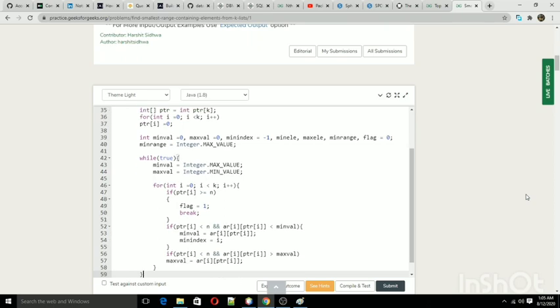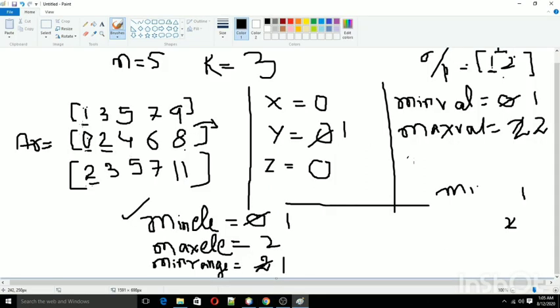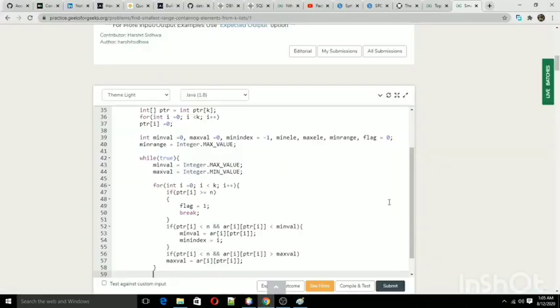Okay, so now we come out of the loop. So this loop is to traverse this one, checking every element. The purpose is to check this element.